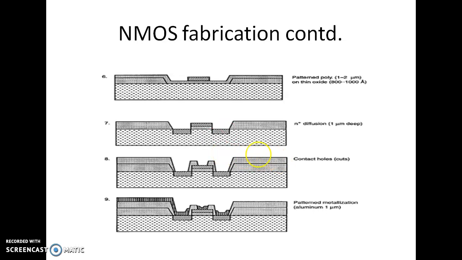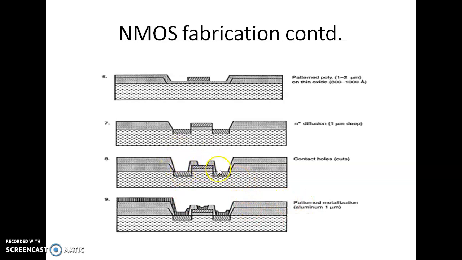So next thick oxide is grown overall. So again thick oxide is grown overall, silicon dioxide, and then masked with photoresist and etched to expose selected areas of the polysilicon gate and drain and source areas where connections are to be made. So again photolithography is done to open these windows. So photolithography will be done some 20 to 30 times in a fabrication process. Whenever we want to open some windows, we will be using this process. All those steps are not shown for the sake of simplicity.